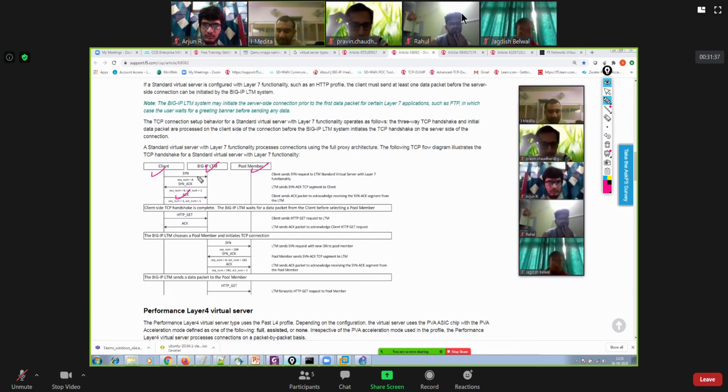It never waited for any request from the client before establishing the three-way handshake with the pool member. But in this condition, where you have applied the HTTP profile to your virtual server along with the TCP profile, of course, the TCP profile is mandatory for the HTTP profile, right?